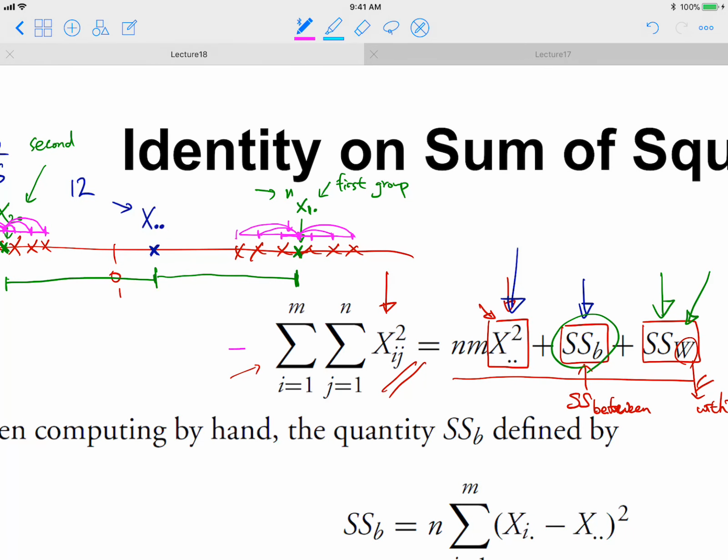Okay, so the meaning of this equation is that, again, the left hand side is just taking the square of individual sample values, right? This guy, and this guy, and this guy, and so on. We consider their squared value and then sum them up. And then this value can be decomposed into,